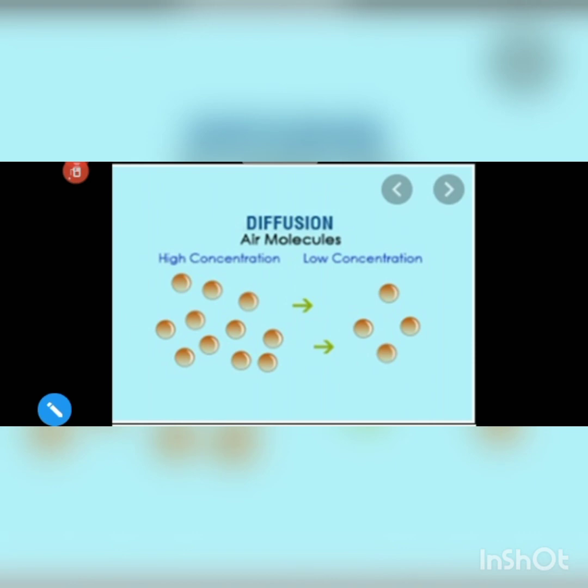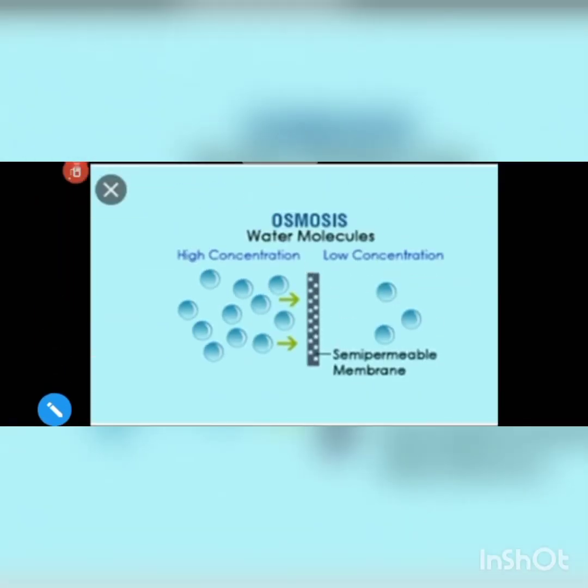So, we learned that with the help of diffusion, carbon dioxide and oxygen will move in and out of the cell. What about water? How will water enter into the cell? Water also obeys the law of diffusion. Movement of water molecules through a selectively permeable membrane is called as osmosis. So, in a cell, water will move from a region of higher concentration to a region of lower concentration. But as you know, all the cells have a semi-permeable membrane, the plasma membrane. So, when movement of water molecules takes place across a semi-permeable membrane, that is called as osmosis.